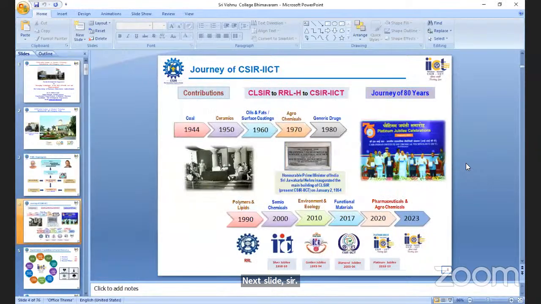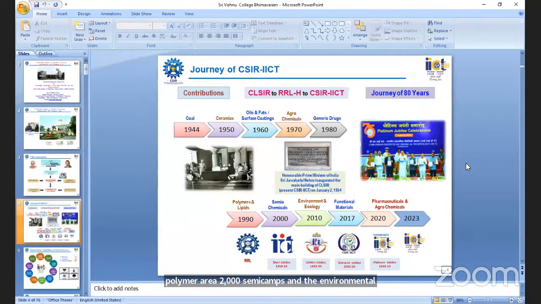Actually, it is a brief introduction about the CSIR-IICT. CSIR-IICT has already completed 80 years in its era. In 1944, we started the institution, and coal research started in 1944, and in 1950 we started the research on ceramics. In 1960 we started research on oils, fats and surface coatings. Coming to the 1970s, agrochemicals; we worked on healthcare, and in 1980 generic drugs, and in 1990 we started the lipids and polymer area. In 2000 semiochemicals, and environmental ecology we started in 2010, and we also started functional materials in 2017,